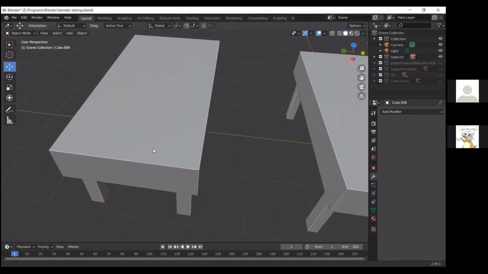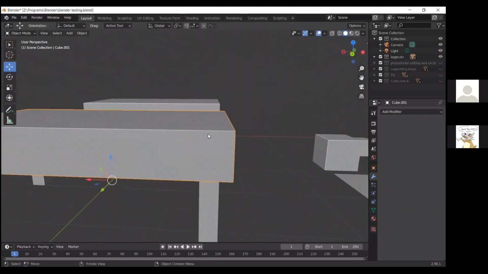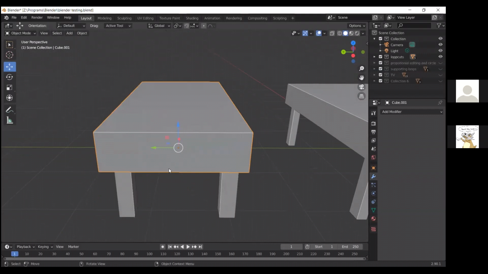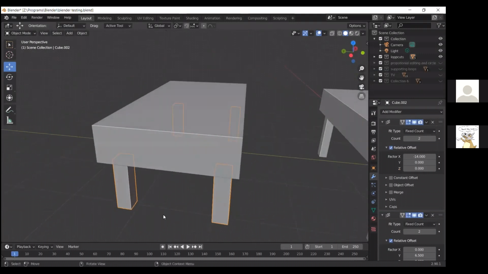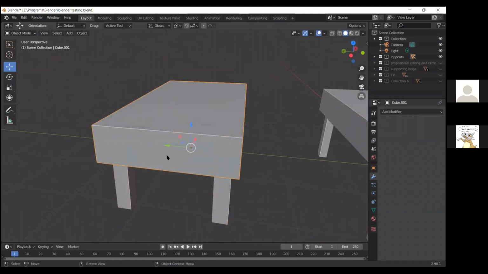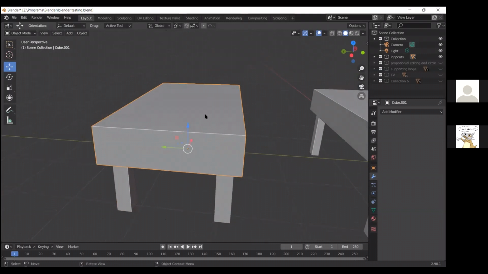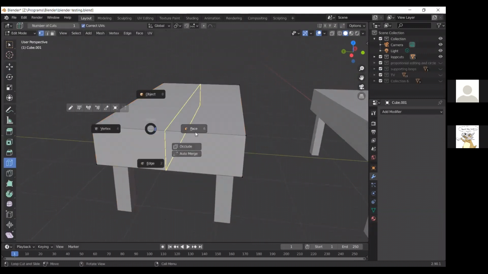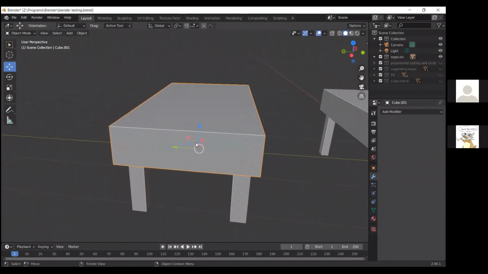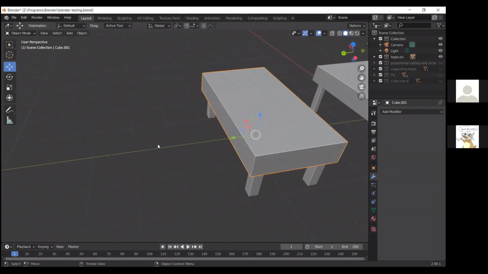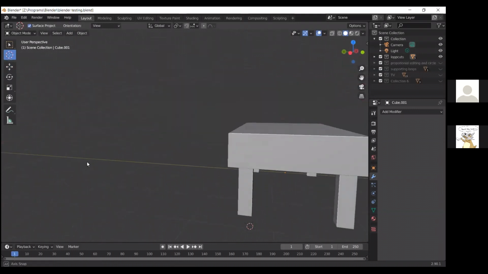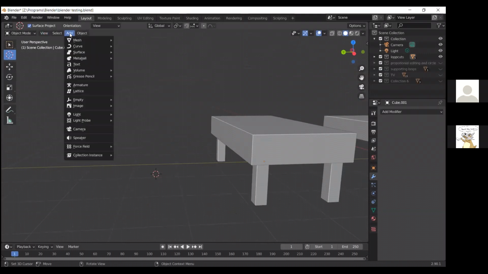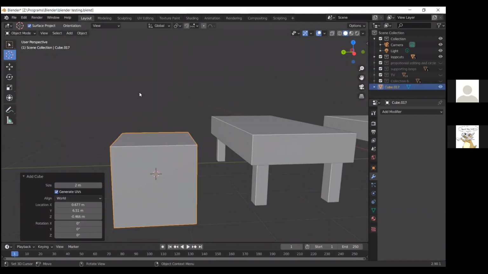So with a table, we have the top, the top table part, and then we have the legs. So these should be designed as 2 separate parts. And to make the top of the table, all we will have to do is, I need that guy over here. We have to add mesh cube,